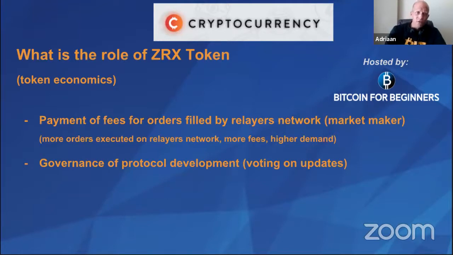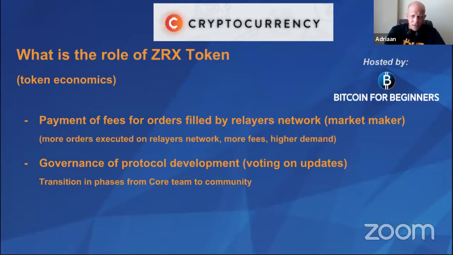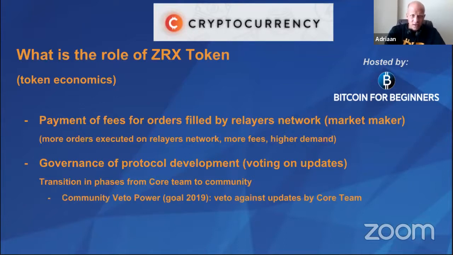But an even more important utility of the 0x token is governance of the protocol development, which means voting on updates. But this is going to be implemented by a transition in phases of responsibility and authority from the core team to the community. The first step is the community veto power. This is a goal for 2019, and this means that the community can vote with a veto against updates that